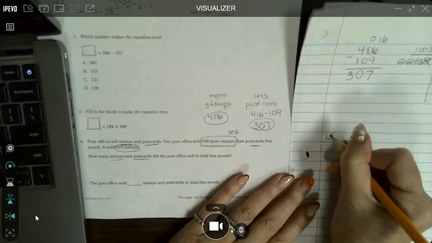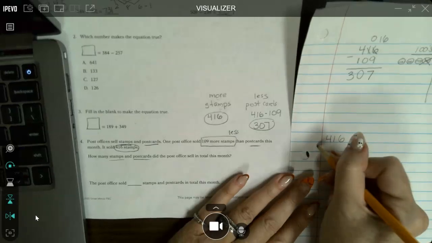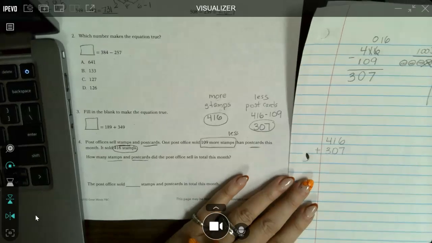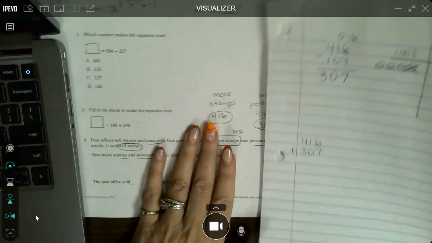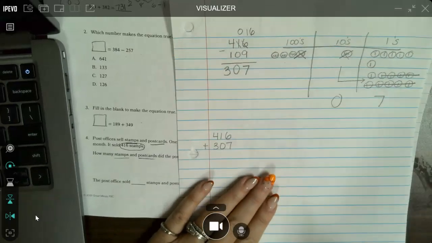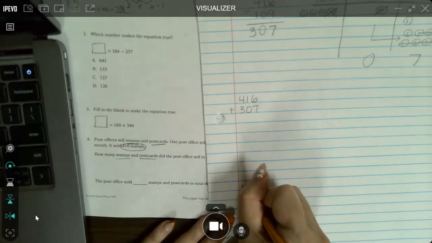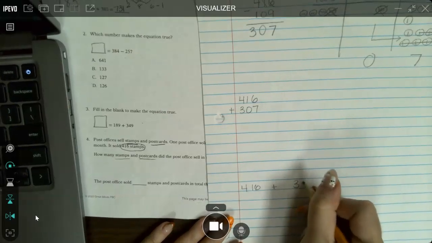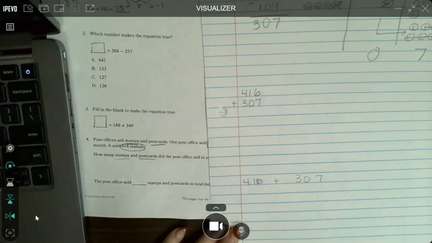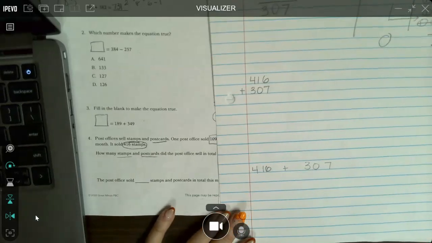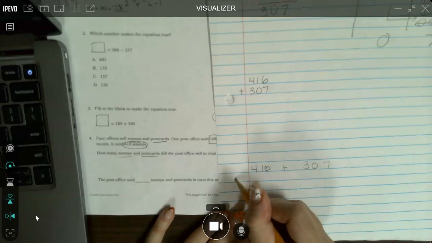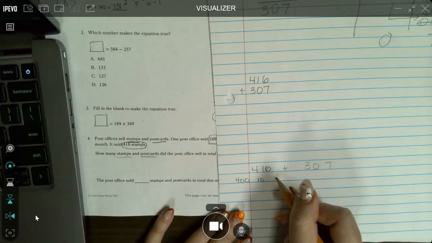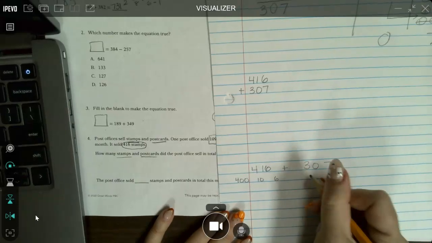We have 416. We're putting it together with 307. Okay? Just to break up the monotony a little bit, I'm going to do it down here with adding like units first. That still is a go-to for many of our students. They learned it in second grade with two-digit numbers. This represents 400. This represents 10. This represents 6. This represents 300,